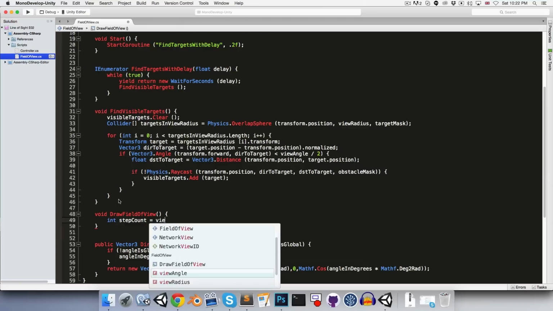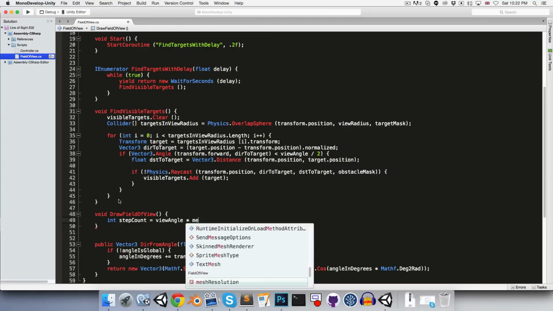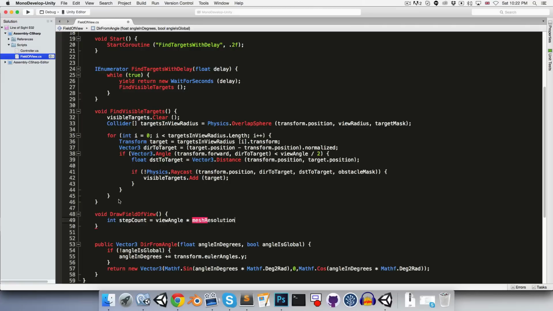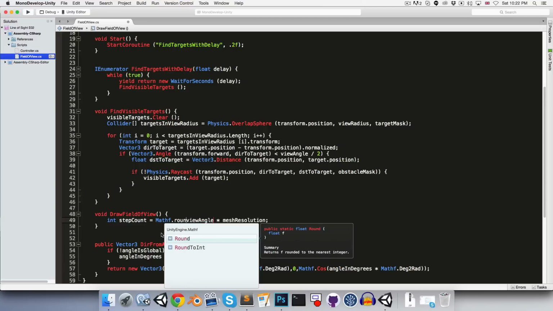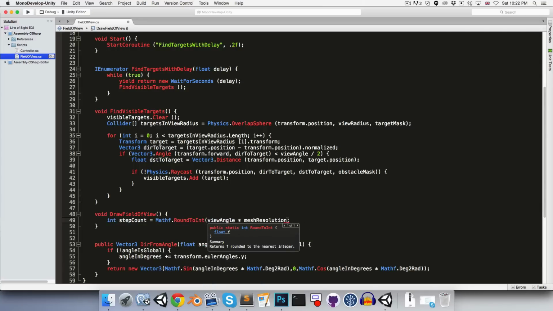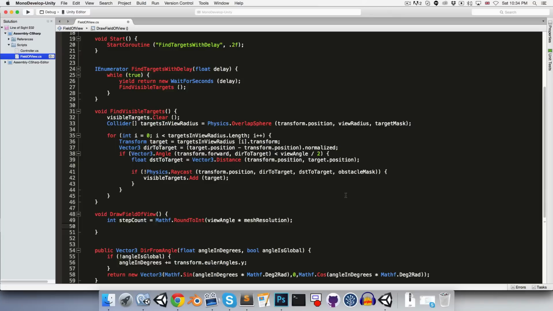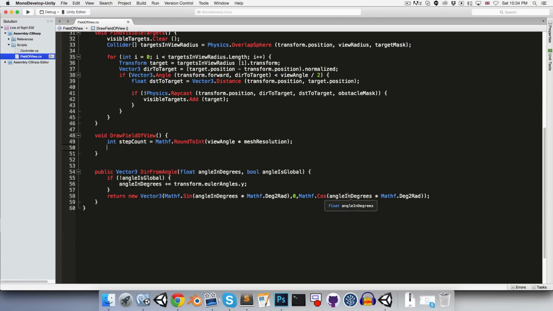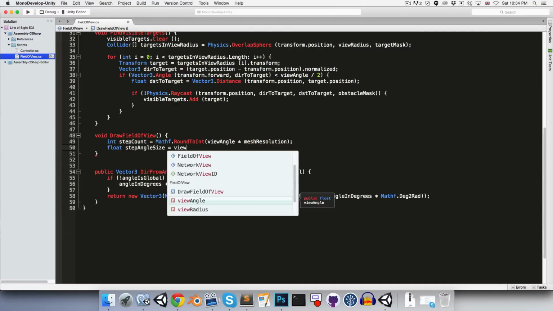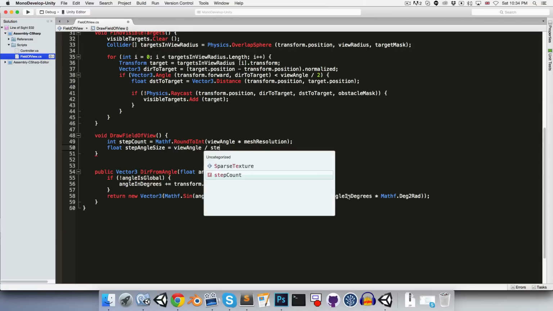And this we can just set equal to the view angle multiplied by the mesh resolution. So the mesh resolution is basically the number of rays we'll cast per degree. We're going to want to convert this to an integer, so let's just round it with Mathf.RoundToInt. Then we're also going to want to figure out how many degrees are in each step. So let's say float stepAngleSize is equal to the view angle divided by the number of steps,